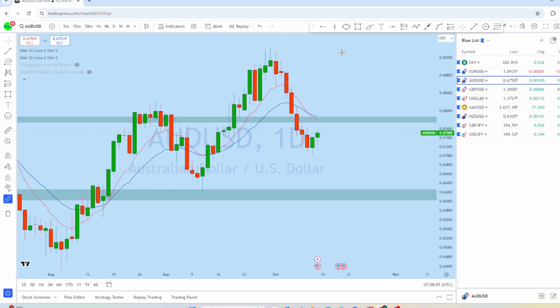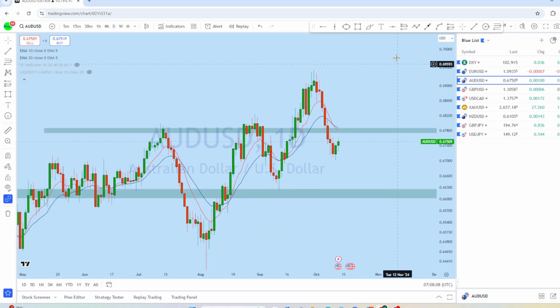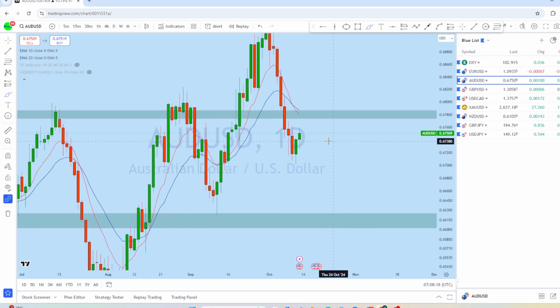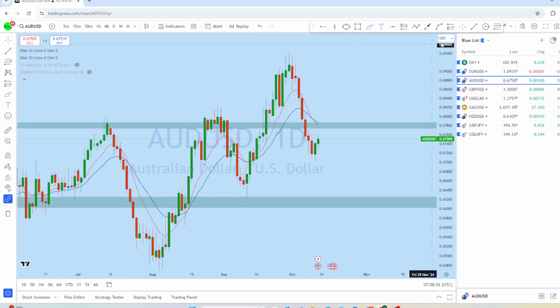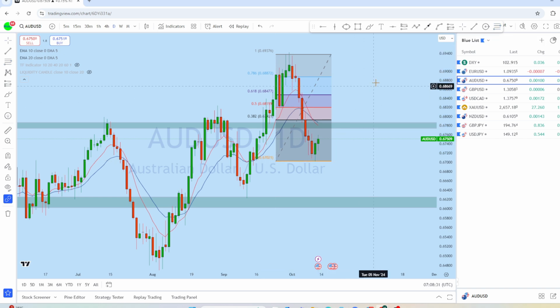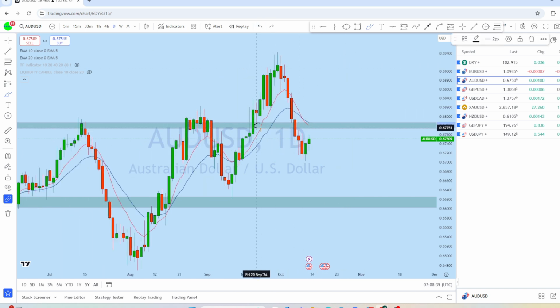And if we look at the daily chart, we can see that from the daily perspective, this is the daily move here, which is a pretty strong drop, followed by back-to-back two days of pullback. And what I think is that on AUDUSD, we might see a potential bounce here for a deeper pullback. So if we look at the Fibonacci perspective on AUDUSD from the starting of the move to the end of the move, we can see the market is almost heading to the 38.2% Fibonacci level, which is also aligning with the daily 20 EMA, and which is an important support here, resistance here, and also resistance here.